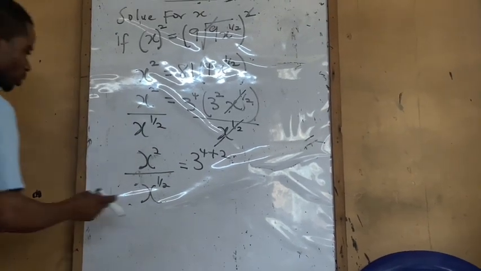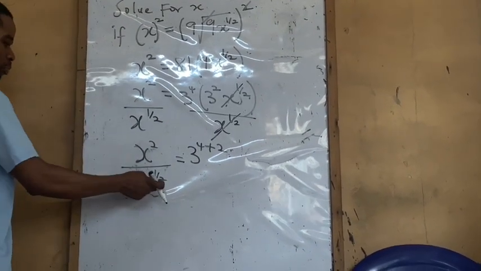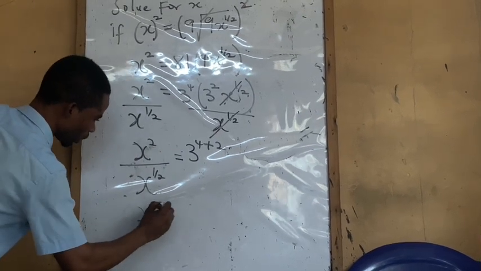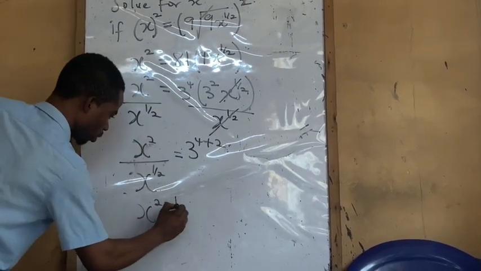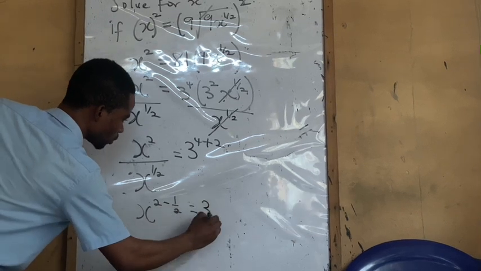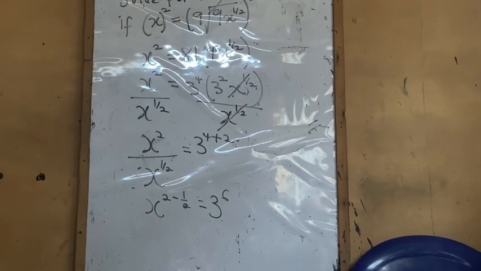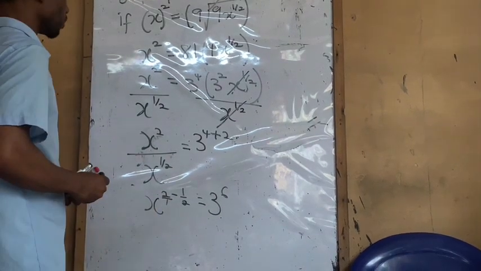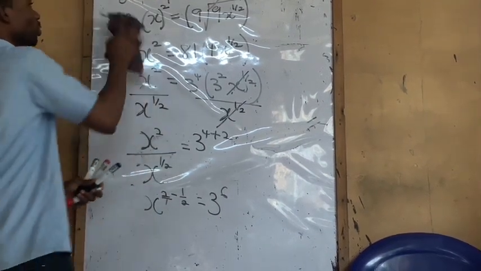So now, in the division law, bring this one up. That will be x raised to power 2 minus, when this one comes up, minus 1 all over 2 equals 3 raised to power 6. Now this one is all over 1. When you now find the LCM, you're going to have